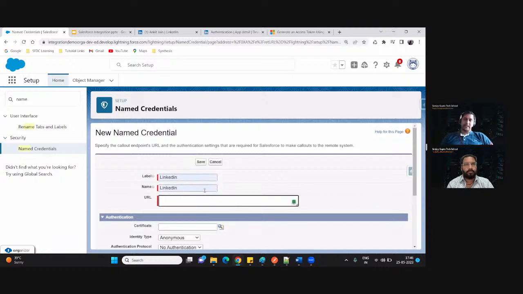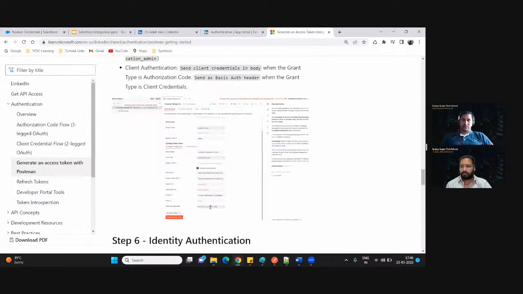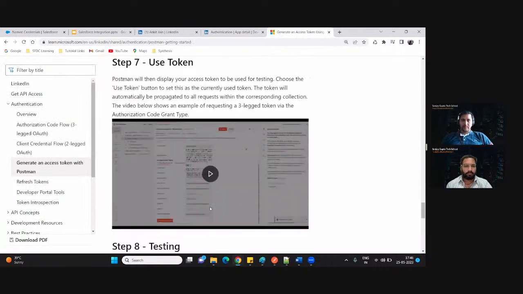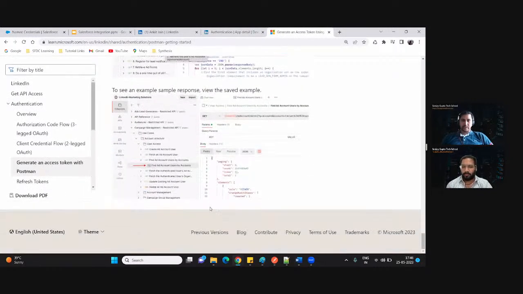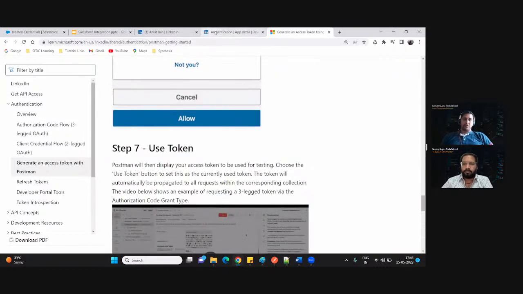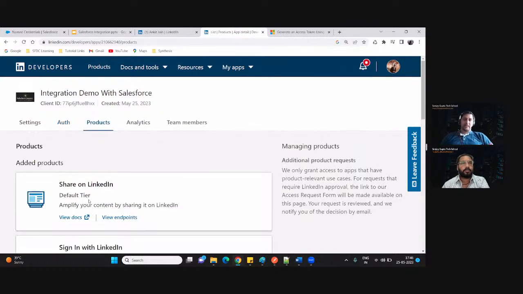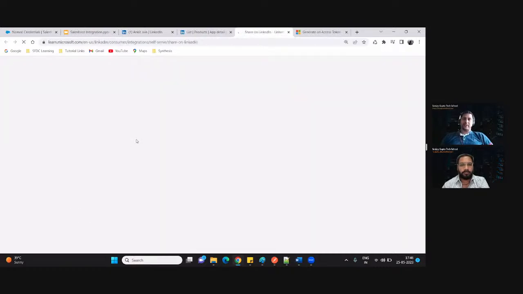Now the URL, right? What will be the base URL that we have to use to do the integration? Again, we will follow the same documentation to check the base URL. Let's see whether they are showing the base URL in this documentation. Okay, in this documentation, they do not have the base URL. So from where will we get that base URL to do the integration to post the message on LinkedIn? If I go to the products, here I do have the documentation on how I can post the message on LinkedIn. So again, I am clicking on view docs here.